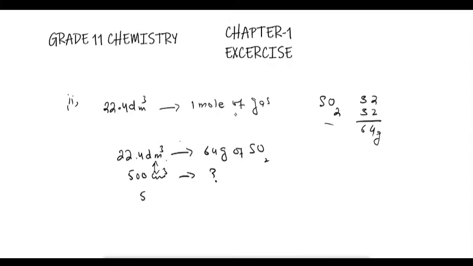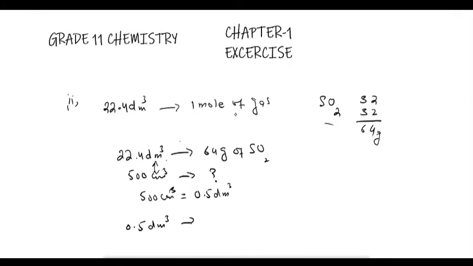So 500 centimeter cube is equal to 0.5 dm cube. You can see the conversion formula for these two. So if 22.4 dm cube volume is occupied by 64 grams of sulfur dioxide, so 0.5 dm cube